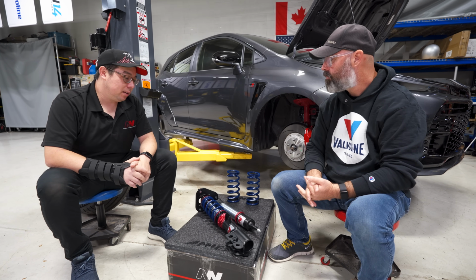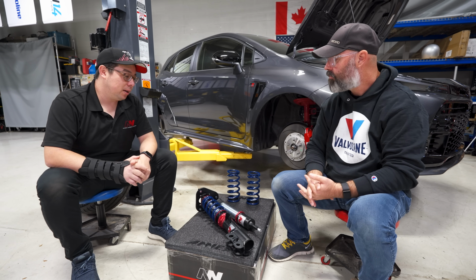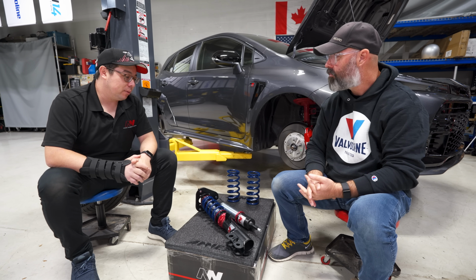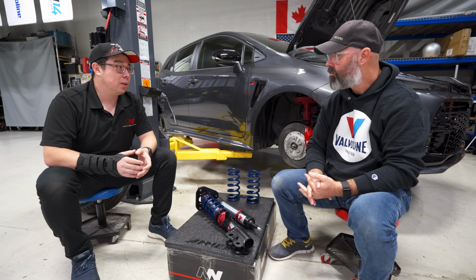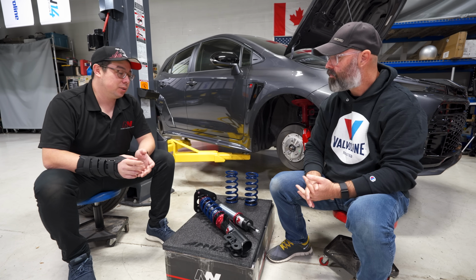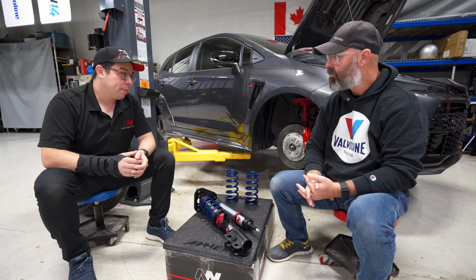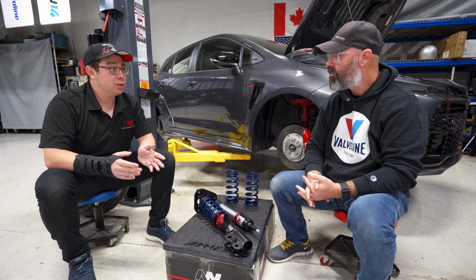So I mean, the valving itself might be all over the place, but also a big part of the differences in what we do is that we're spending a ton of time on the actual piston design and the quality of the materials that are going inside the shock. So to get a shock to be consistent from side to side or to match our targets,